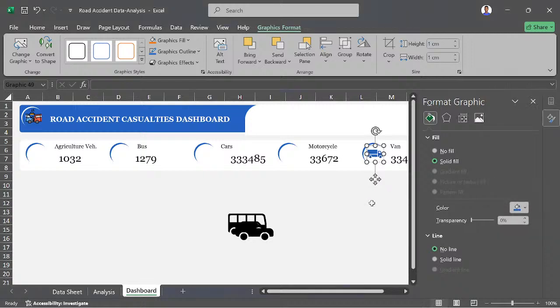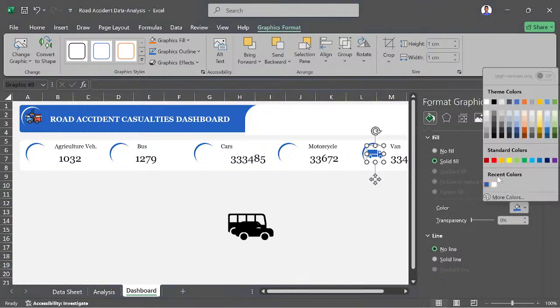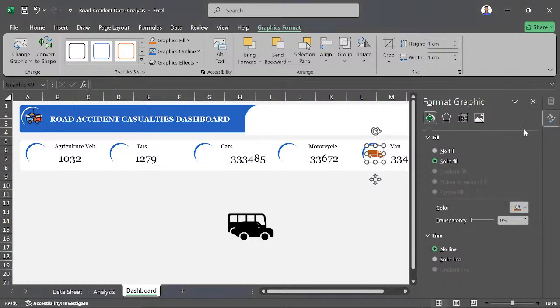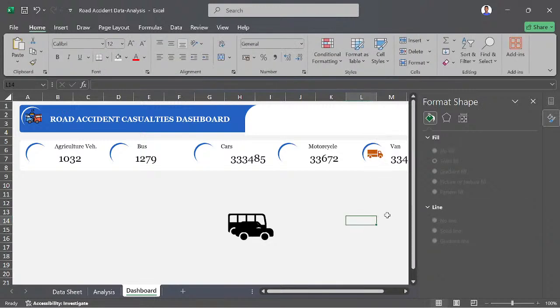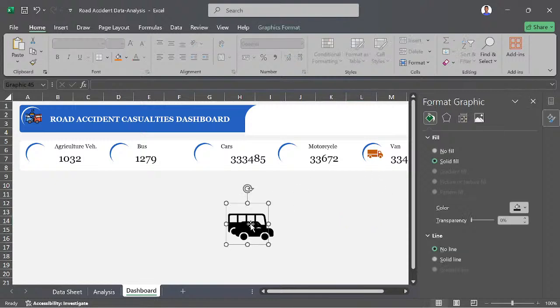Good. So it depends on what you want. You can always change the color to whatever you want. This okay, yeah, this is okay. Let's just assume that the car has the same color throughout. All right, so the same thing. I will select the van, and then